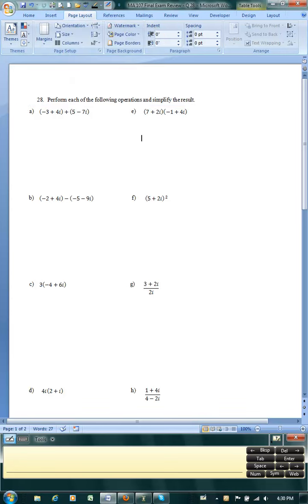Math 107, Final Exam Review, question number 28. Perform each of the following operations and simplify the result. All right, we're working with imaginary numbers. So in the first one, I am adding